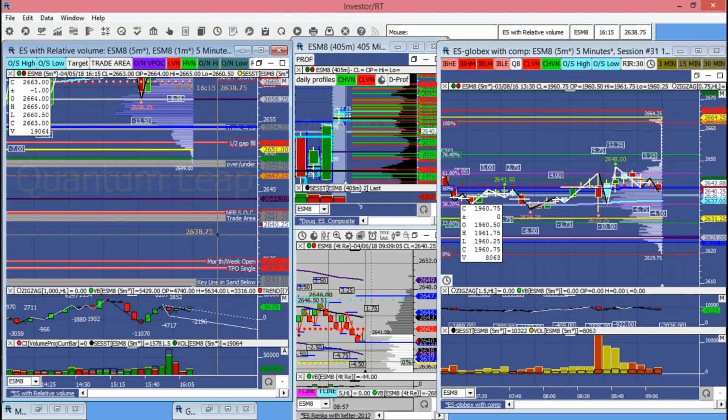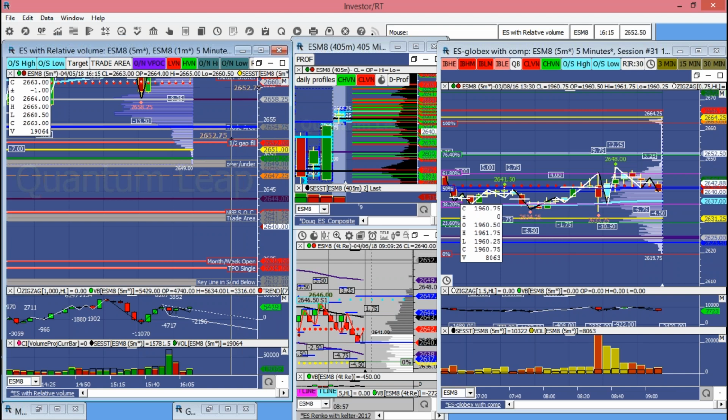I'm looking for responsive buyers up into the 44 and 47. We got a naked VPOC at 44, a naked close at 47. And I'm looking for them to test the 49, possibly even push up through the gap fill, somewhere between the